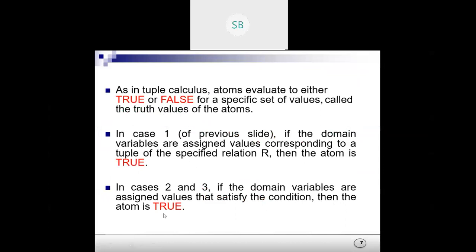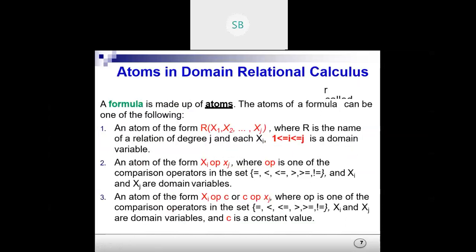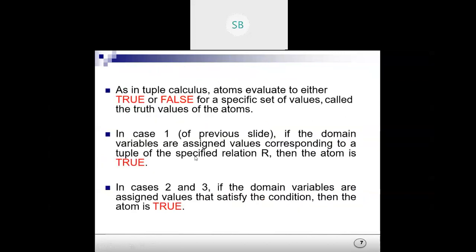Otherwise, for the other two cases, like case 2, we are equating two domain variables, or we are using a comparison on the domain variables. In that case, if the expression matches, whether equal or greater than, then only it will be true, otherwise false.